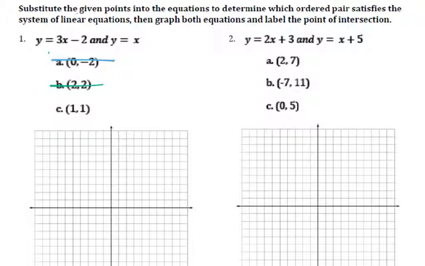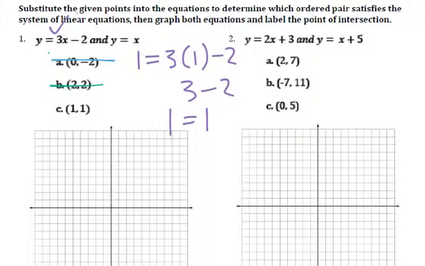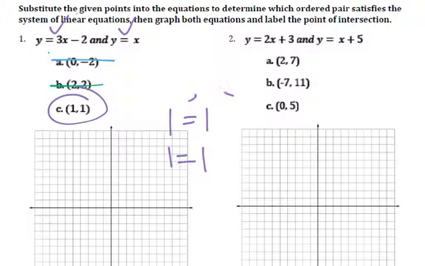So let's try 1 and 1. So 1 for y, 1 for x. 3 times 1 is 3, minus 2 is 1. Does 1 equal 1? Yes. Y equals x. 1 for y, 1 for x. 1 does equal 1, so it works out for both. So that's our answer. So then what they want us to do is they want us to graph both these equations